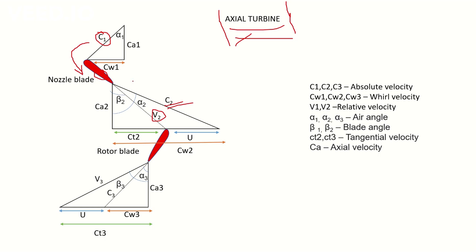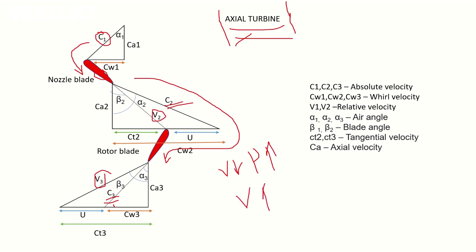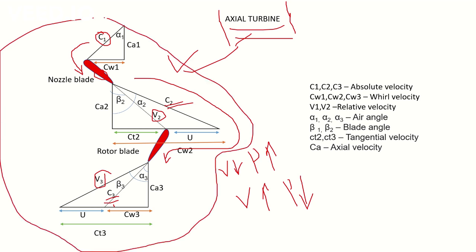So that velocity is given by the relative velocity. Later, the air enters the rotor blade, the rotating part. Here the relative velocity increases and the absolute velocity decreases. In our last video, we saw that if relative velocity decreases, pressure rises, which was the main motto of the axial compressor. Here the relative velocity is increasing, which means the pressure should automatically decrease. This is the main achievement of the axial turbine. This velocity triangle shows that at the end of the rotor blades, the velocity is increased.